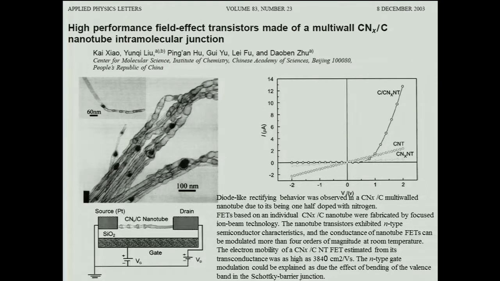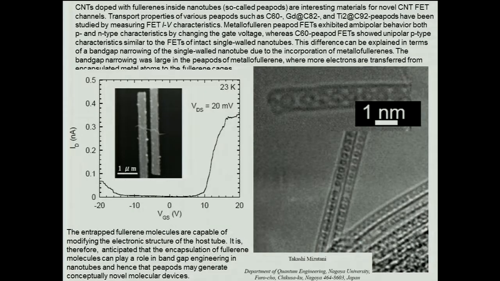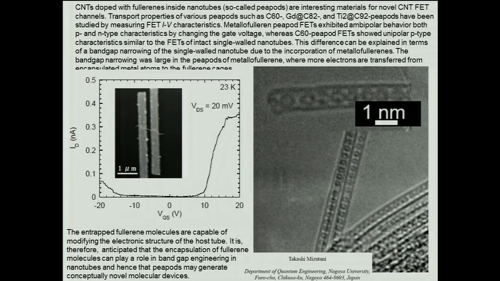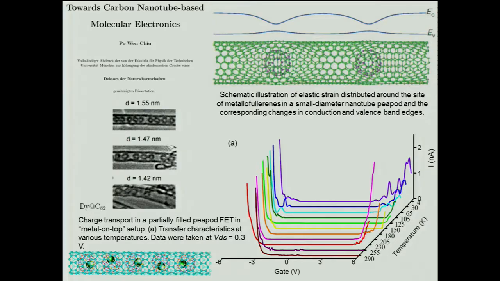So, this is the carbon nanotube. They have been succeeding in making a transistor with multi-wall carbon nanotube. That was the main idea, and by changing this from nitrogen to another compound, they can make the transistor from a p type to an n type. We talked about the p type before. So, we are trying to make carbon nanotube based